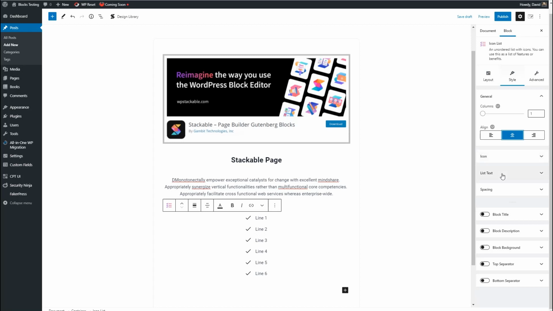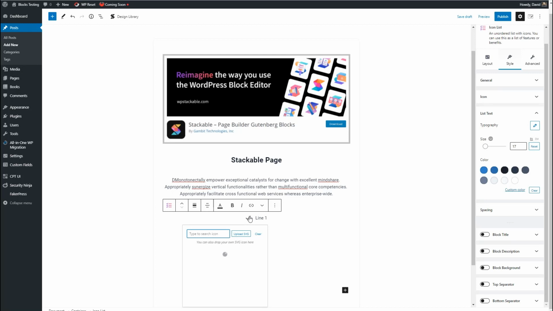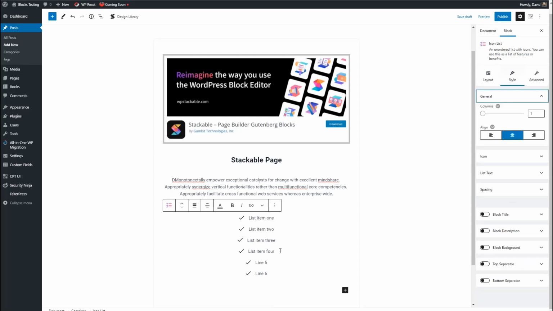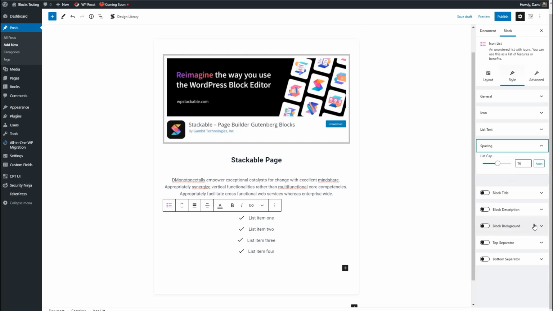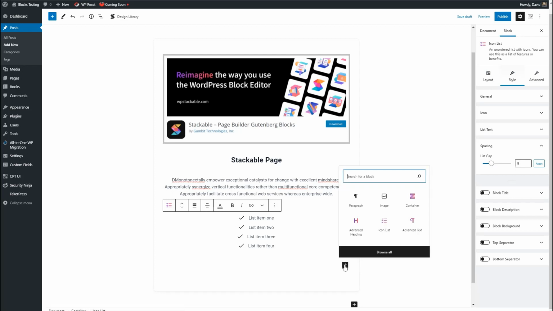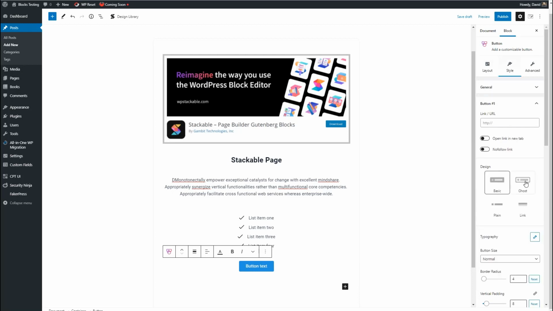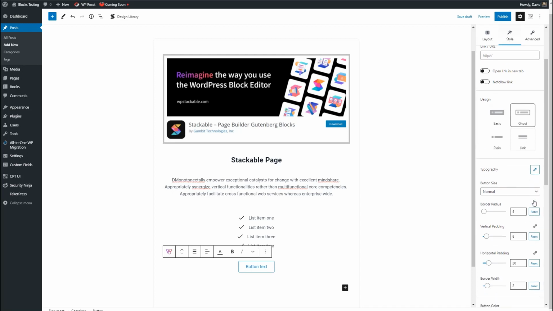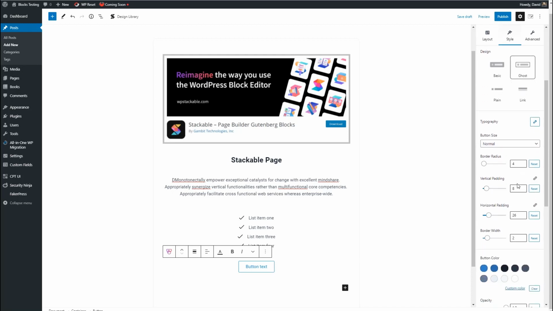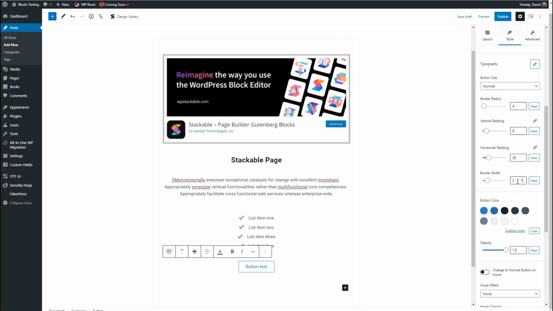You can adjust the icon or text or spacing here, but you can also click on the individual icon here to change it if you want to have a different icon for each item. Okay, so we'll enter our items, and go to spacing, and here's list gap. We can bring those a little closer together if we want. And now let's add our button. We get some button layouts here if we want to have multiple buttons. And I think we want the ghost button. There we go. And we will have a border width of 4